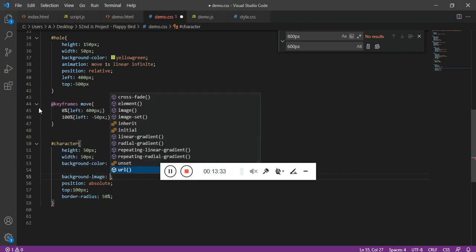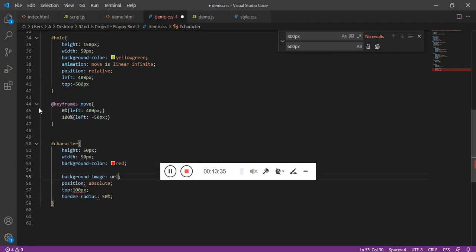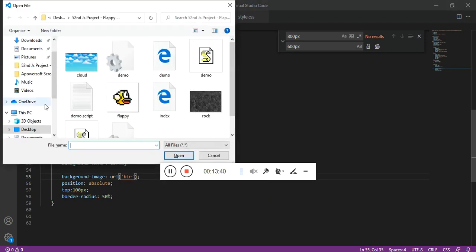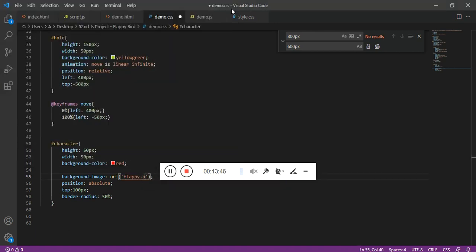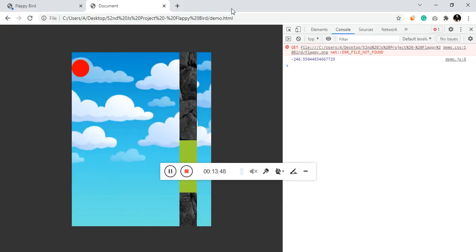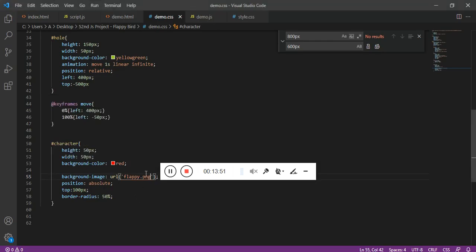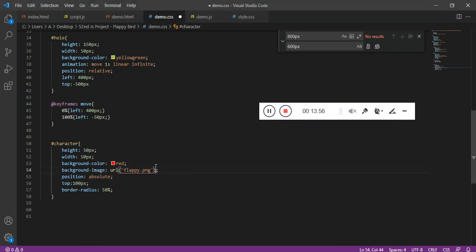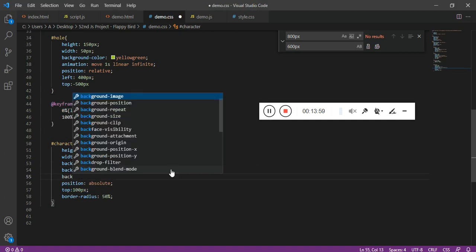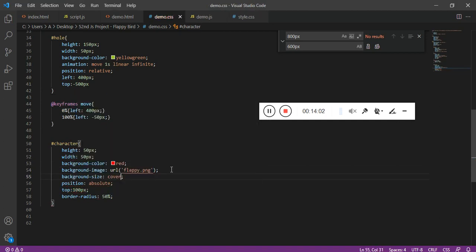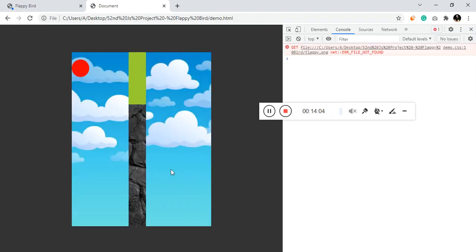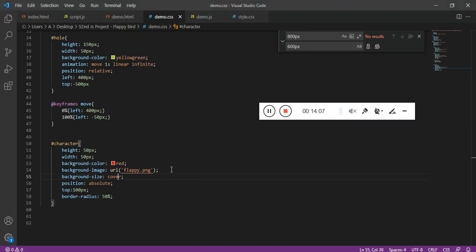Now if you want, you can have this image inside the circle. So the bird, I think I have given a different name. It's flappy.png, and we have to make this background size cover, let's choose 100%.